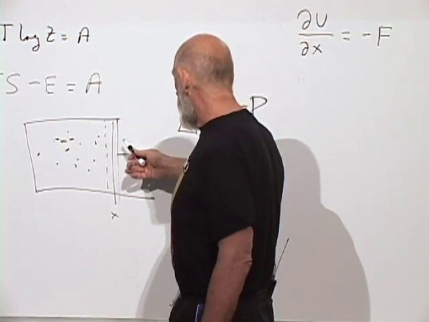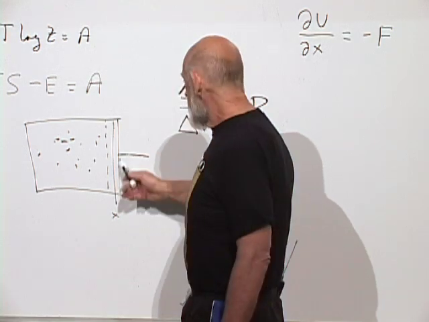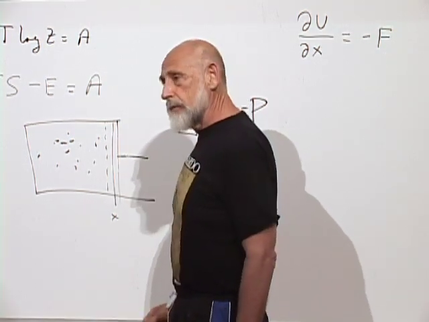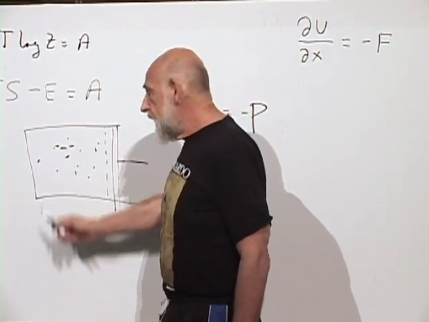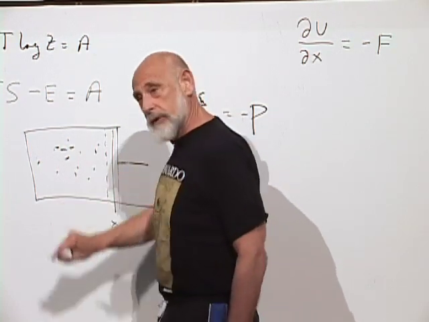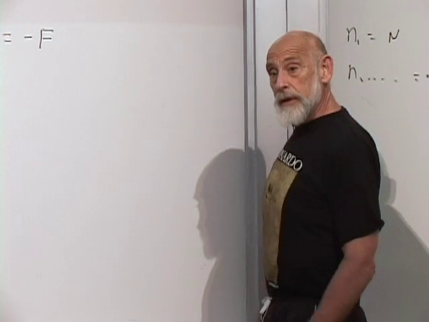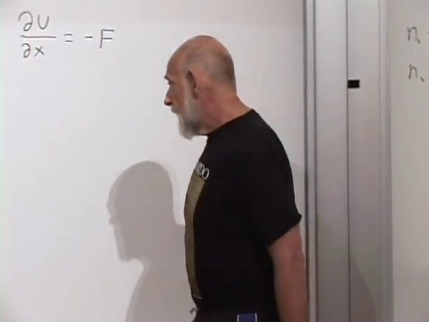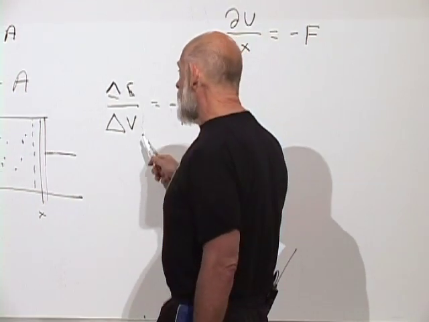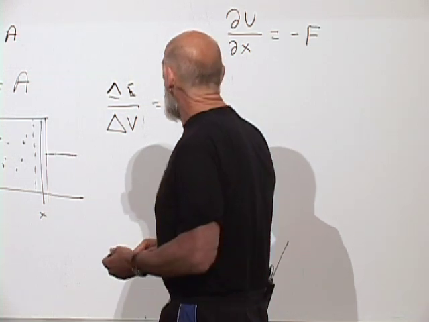I could imagine that while I move the piston a little bit slowly, I could heat the gas by putting a flame under it. Okay? Or cool it, or take energy out of it. Then this formula would not be right. For example, I